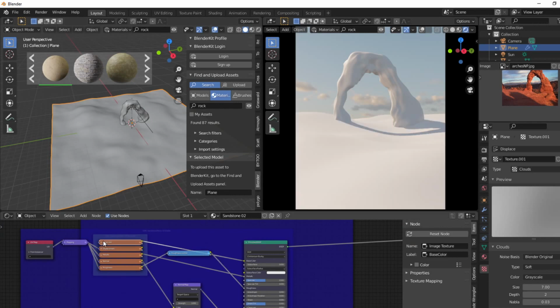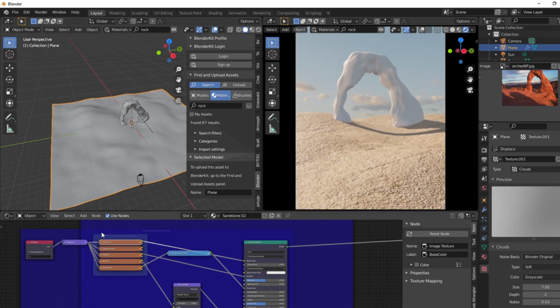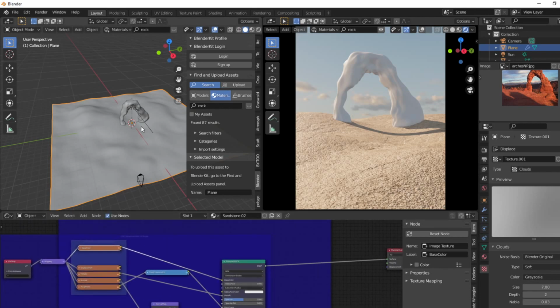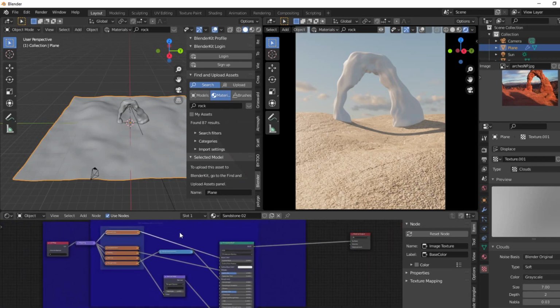We can always tap in here. Oops, did not mean to do that. You can always tap in here to the base color. It's using some kind of image texture for that. So just get your bearings with the texture, what you're working with, what you can change, what you